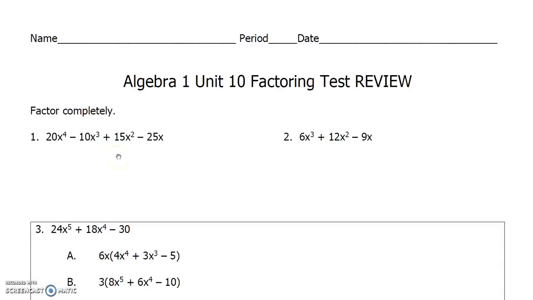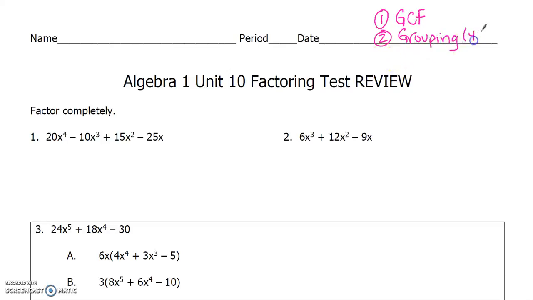Okay, we're going to go over the Unit 10 review for factoring. And so the first question or questions is saying to factor completely. So let's go through our steps. Our first way to factor is GCF, which is greatest common factor. The second way, if GCF doesn't work, then we need to do grouping,